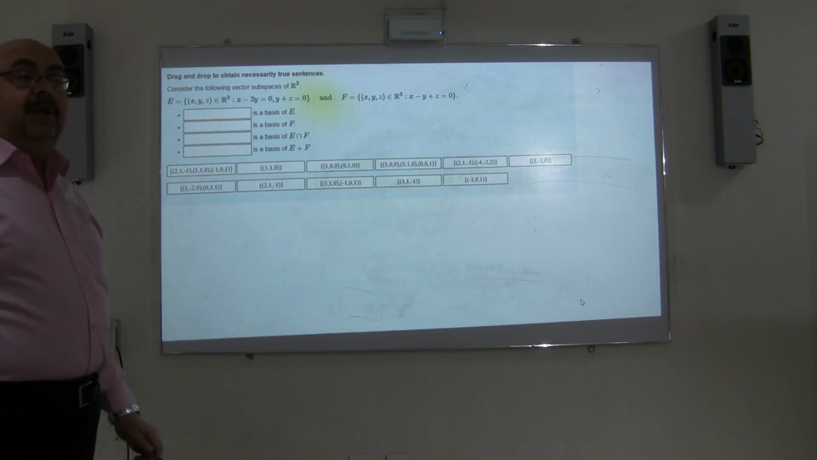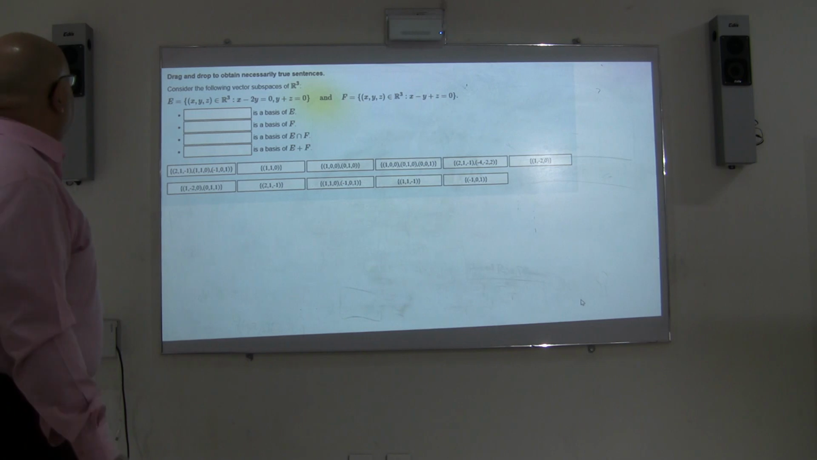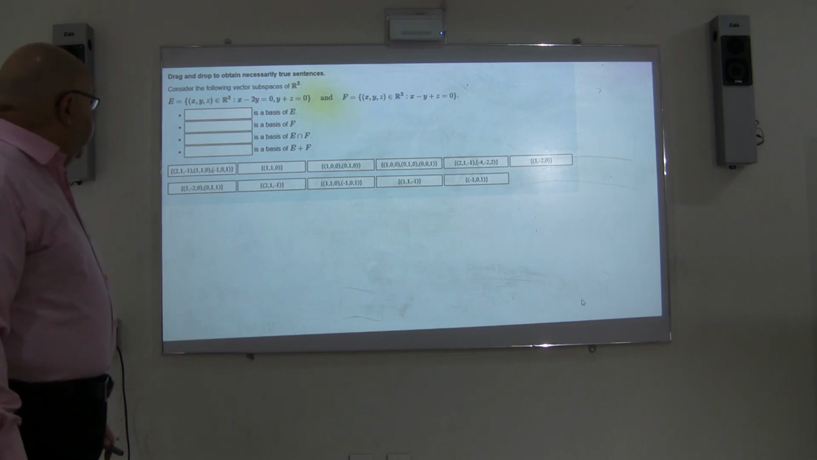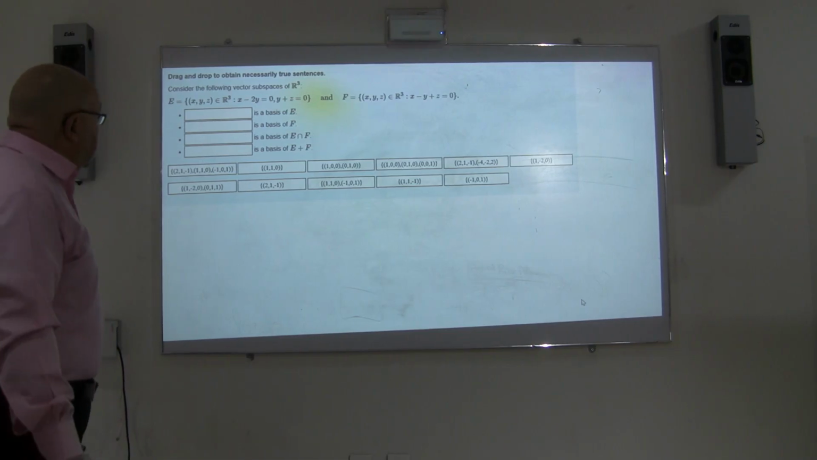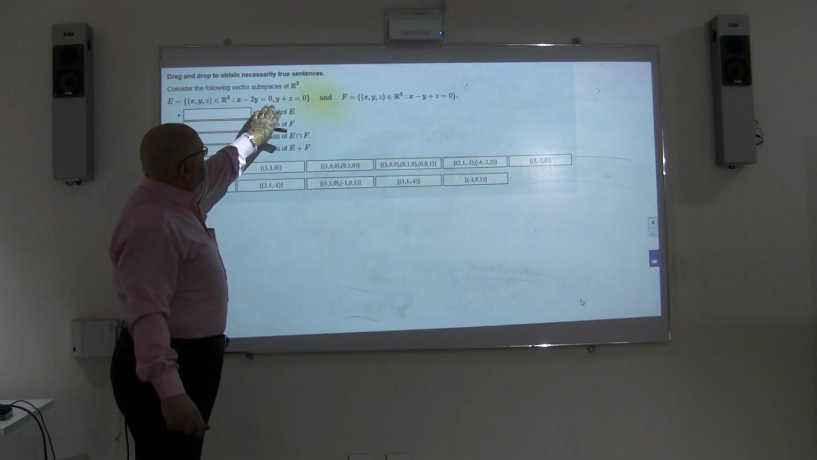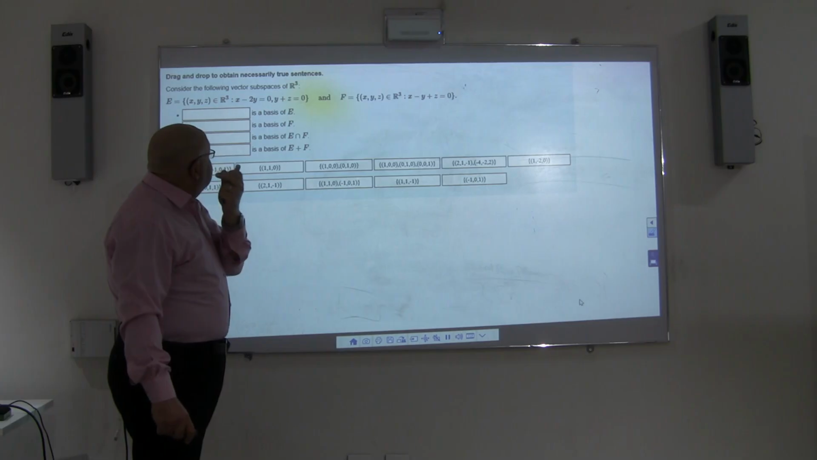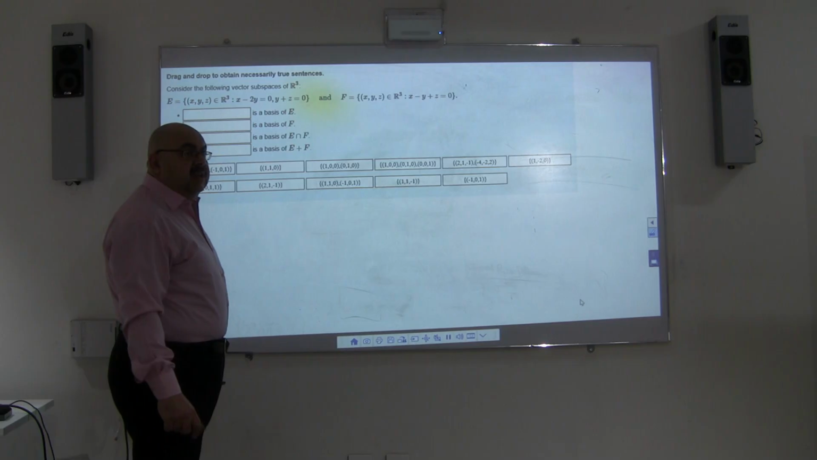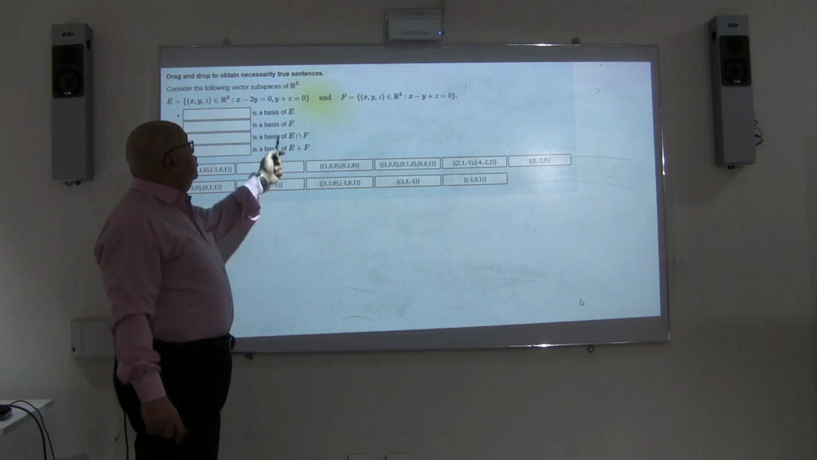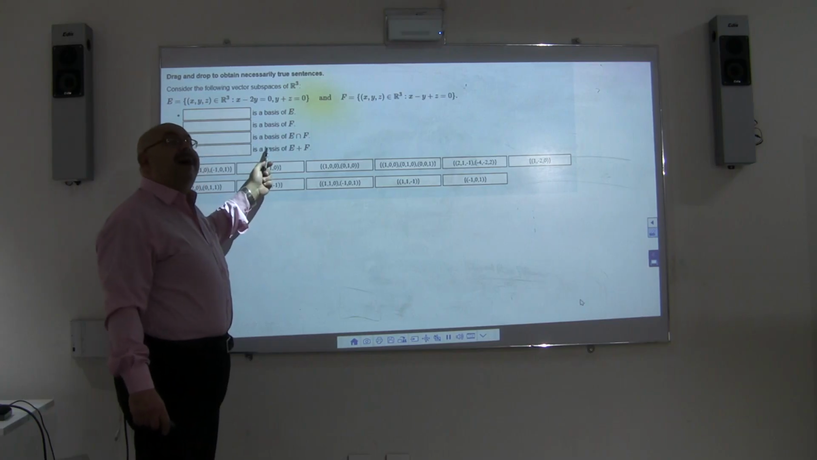حد يقرا معايا كده واحدة بواحدة. بيقول drag and drop to obtain necessary true sentences. Okay, consider the following vector subspace of R3. بيديك السبفيكتور الأولاني is x, y and z belongs to R3، ومديك two conditions. X negative 2y equal to 0, y plus z is equal to 0. And مديك F x, y, z belongs to R3, where x minus y plus z is equal to 0. Then he will need you to find the basis of E, the basis of F, height of intersection, and the addition. Any ideas? أعمل إيه؟